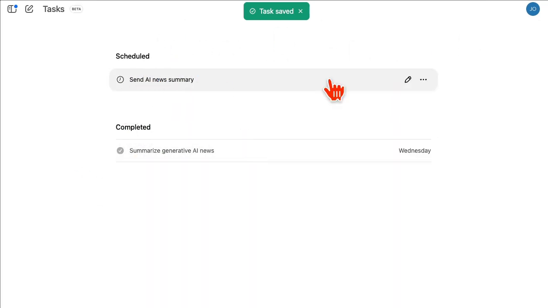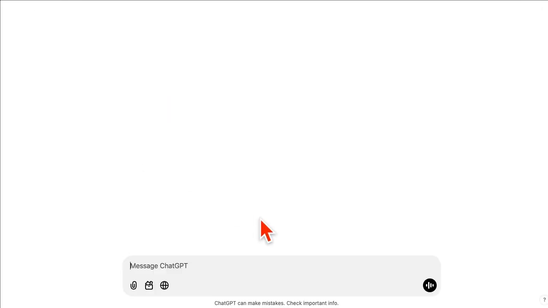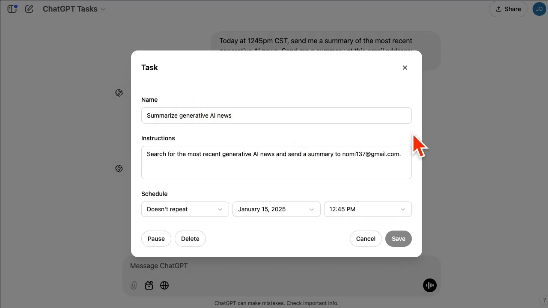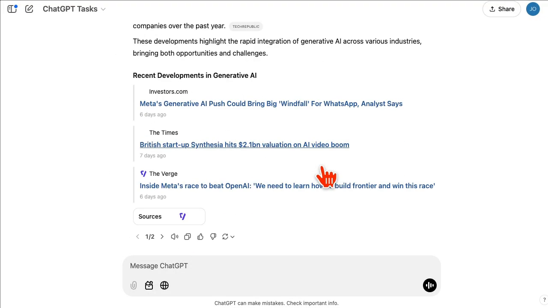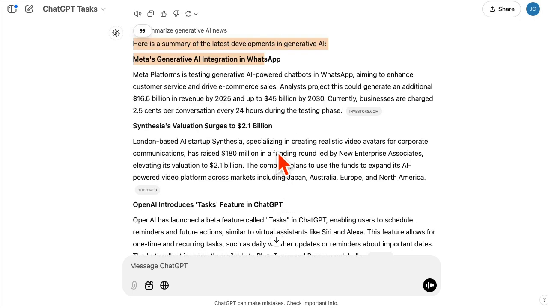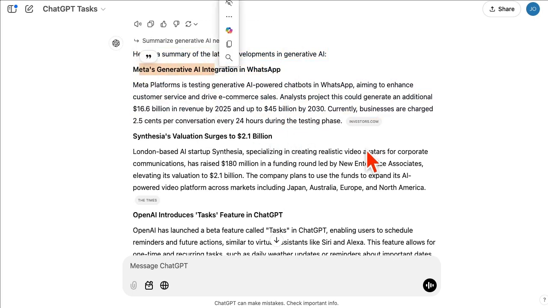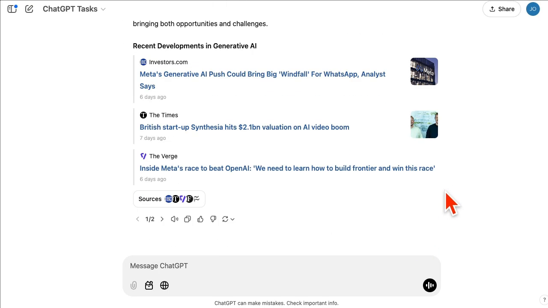By the way, once that task executes, you're going to see, so here's a task that I've done. This was a one time only task. This is going to be a recurring task. So if you click here, here's what the task is going to look like. It's going to give me a summary of AI news. It will send you an email reminder too. So when you click, you'll come here. Here's exactly what I wanted. Articles, summary, links. Instead of me doing it manually,